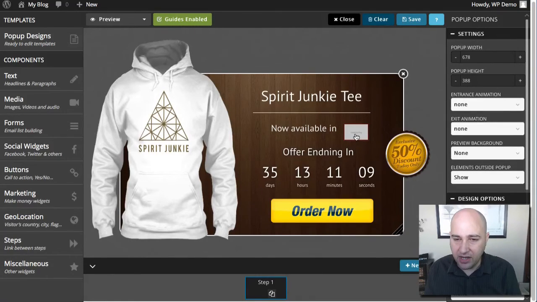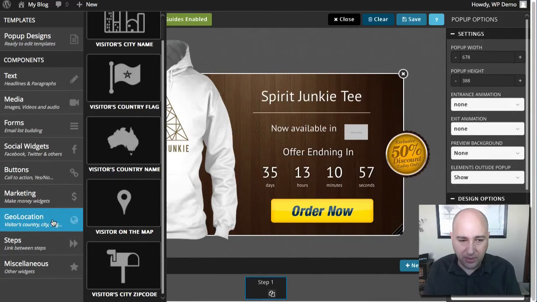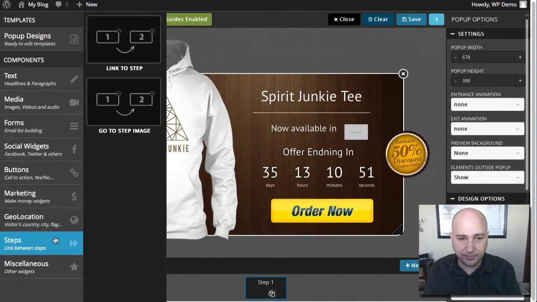But here's that element right there. It's going to actually show the flag of the country that the visitor is in, which is pretty neat. And here's a countdown timer. I'll actually demo that for you. So geolocation, so you can put those dynamic elements in your pop-up.